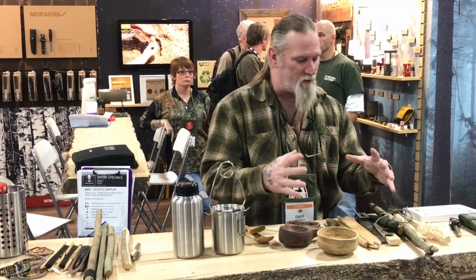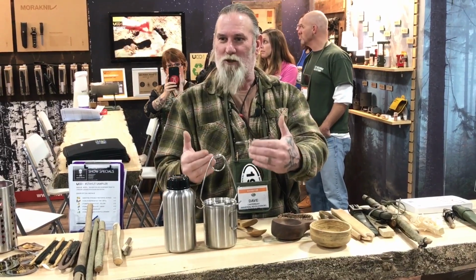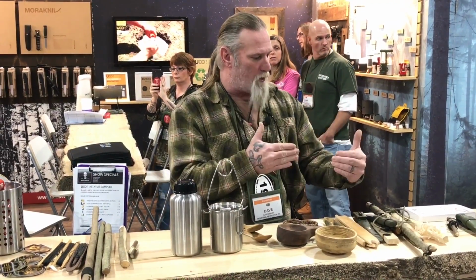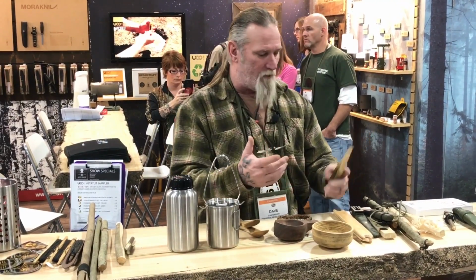What we're doing now is, now we're planning to be there and we want to make it smooth. But we don't want to carry all the stuff in. We want to be able to manufacture stuff off the landscape by what was called woodcraft. Now it's called bushcraft. In the 20s and 30s it was called woodcraft. Now it's called bushcraft. And that means making things like simple tongs that we can manipulate food with over the